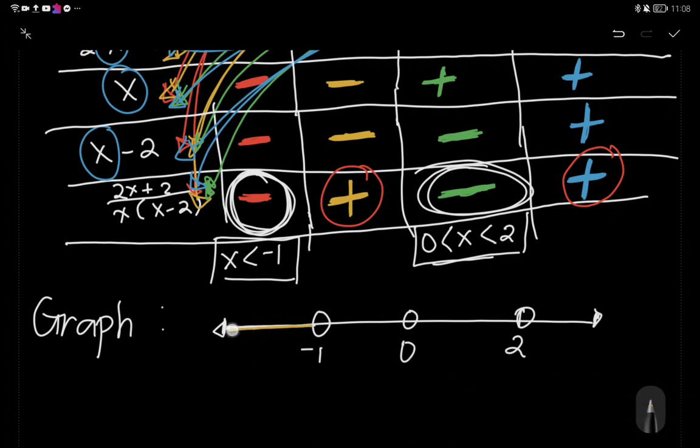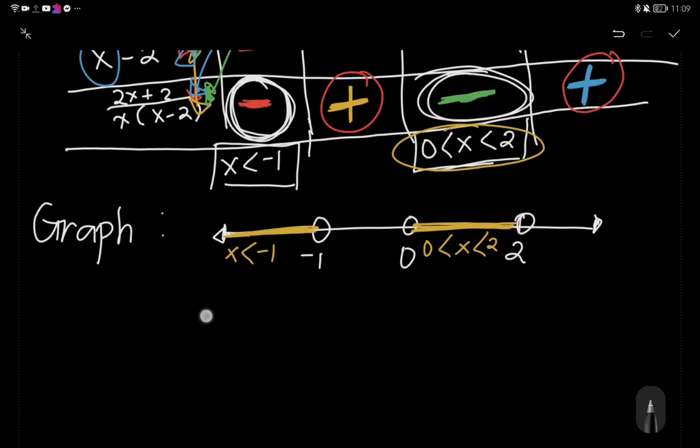Kani. So that is x is less than negative 1 and also kani mao ni siya. Mao ni atong solution. X is greater than 0 but less than positive 2. Now,